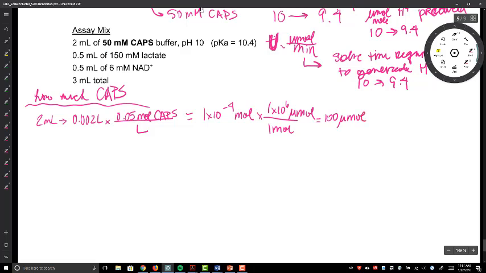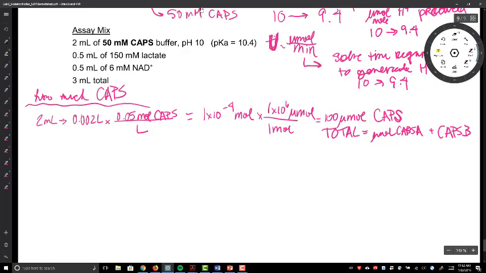So in our reaction tube, we have 100 micromoles of CAPS total, and that's equal to the micromole of CAPS acid plus CAPS base. So the next step is, this amount of CAPS is going to remain constant throughout the entire reaction. We're always going to have 100 micromoles of CAPS in our assay. What's going to change is the ratio of how much of that is CAPS acid versus how much of that